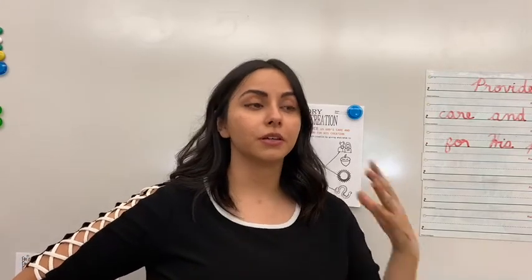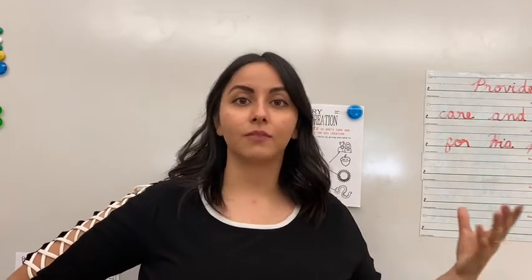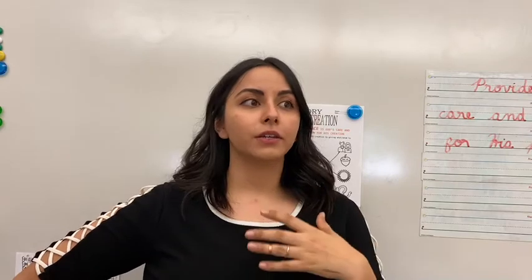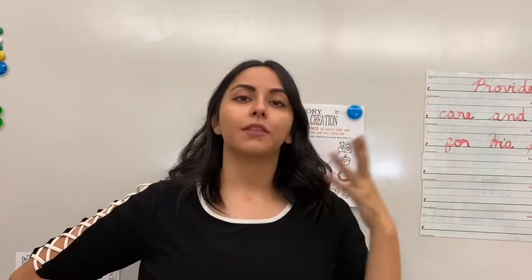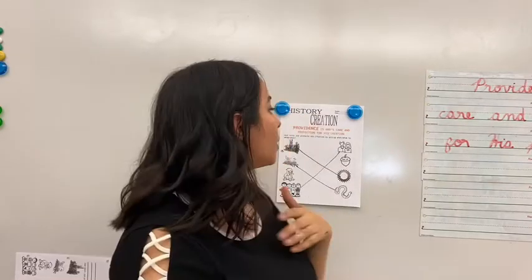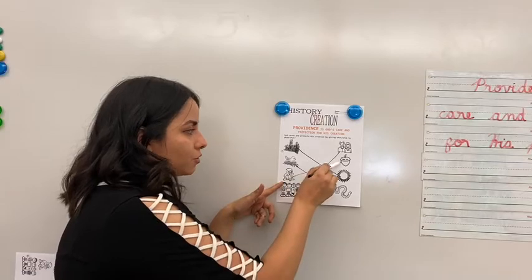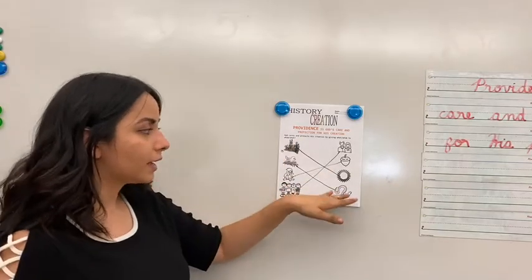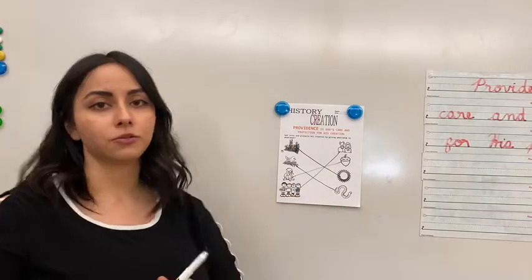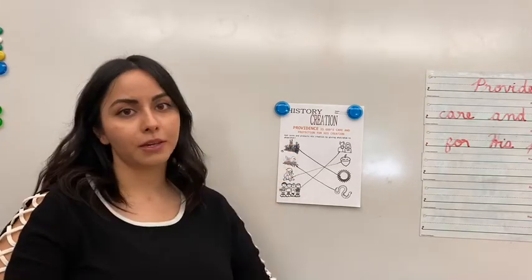He tries to make sure that we have everything we need, that we have parents that love us, that can give us food, that we have everything that we need for our care and protection. So we're gonna have the little squirrel go to the acorn. So you guys can go ahead and color those in the best you can. Make sure you're not scribbling. You're taking your time and going nice and slowly.